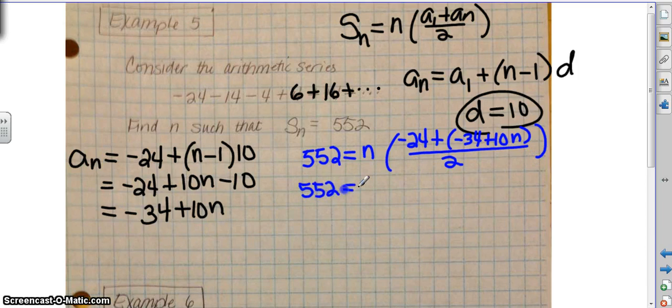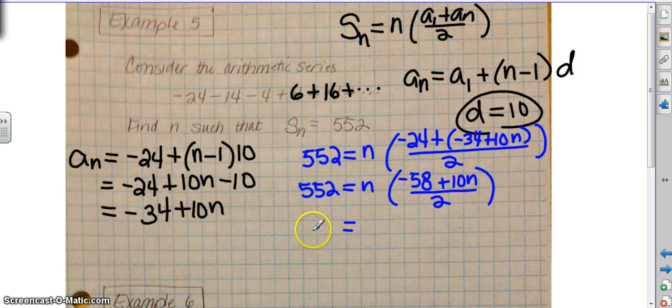So 552 is equal to n times the quantity negative 24 and negative 34 is negative 58 plus 10n over 2. I'm sorry, I made a mistake here, and I'm not going to erase the whole thing. This should be a 574 right here. So 574, there we go. So if I multiply both sides by 2, then I'm going to have 1148